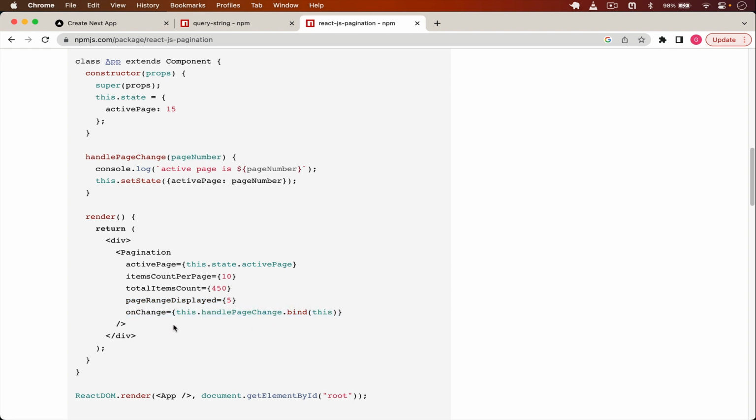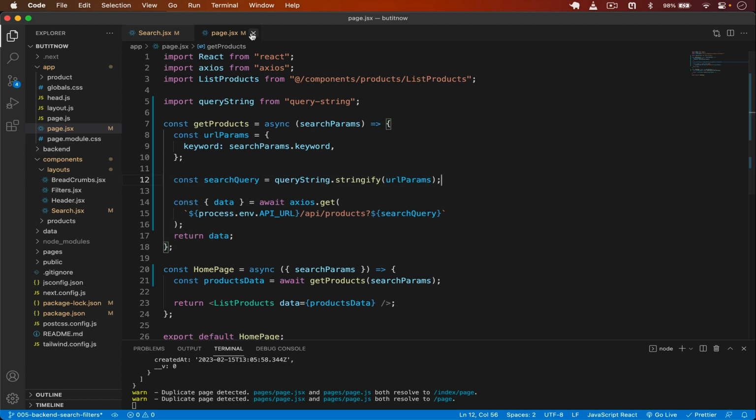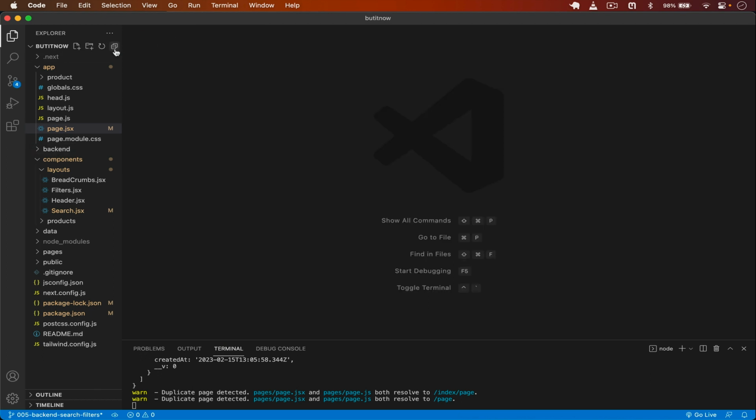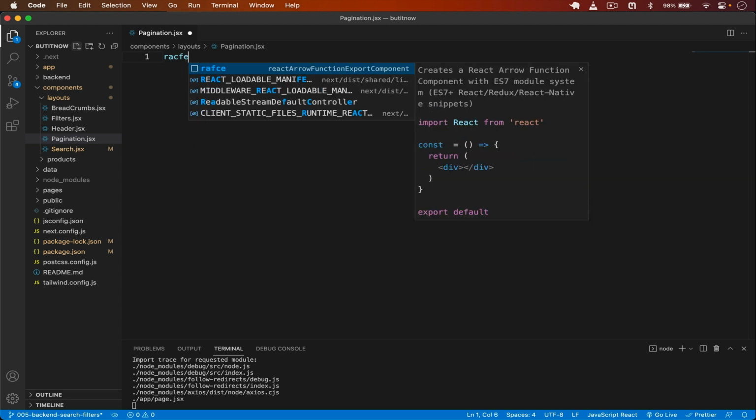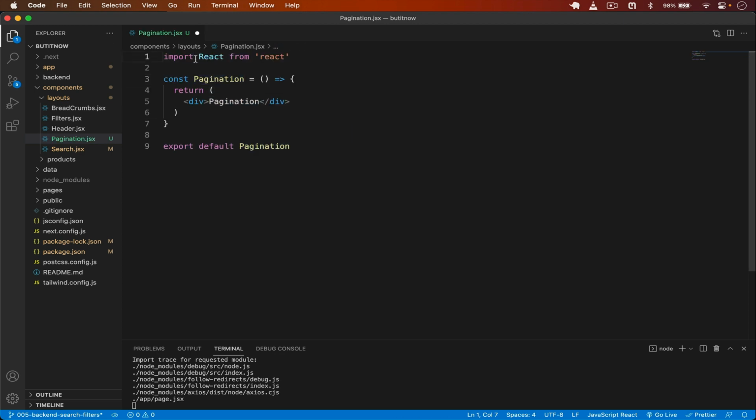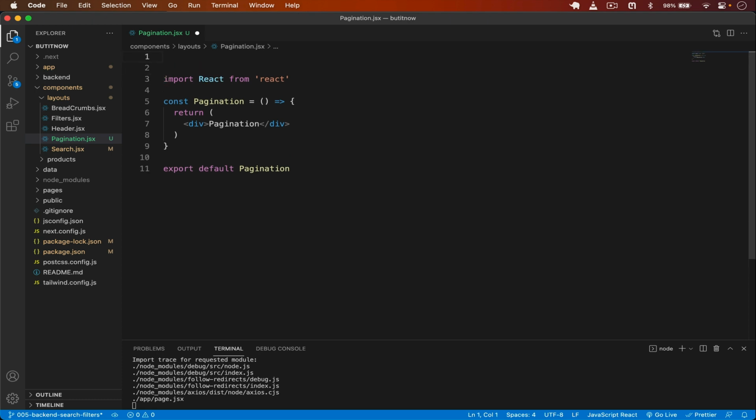Alright, so what I do is I simply go back and I close this from here, this from here, go in the components, in the layouts, I create a new component here with the name pagination. Okay, so pagination.jsx, then there I will write my code. So first of all that is going to be a client side component. Okay, so I will use here use client,